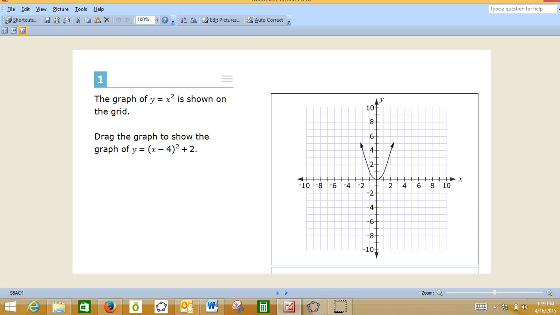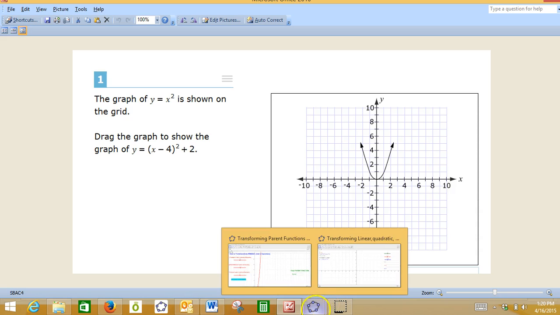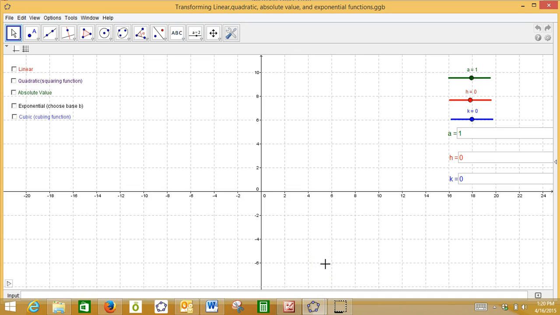So I want to show you, I attached a couple GeoGebra apps in this week's topic. Mess around with those if you want to, but I'm also going to show you how I made one without trying to make this video too long. But here are those apps that I've made right in this neck of transforming parent functions. So what this one